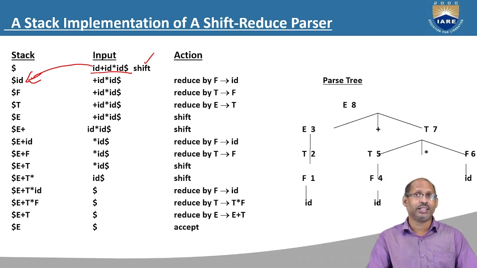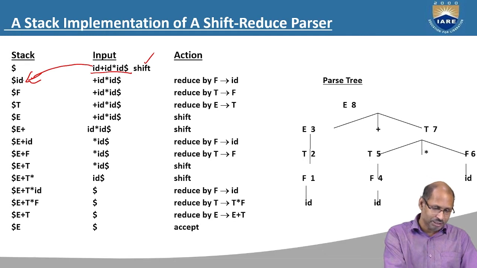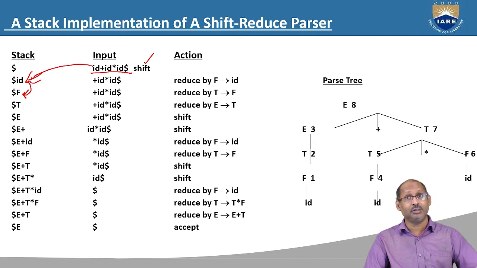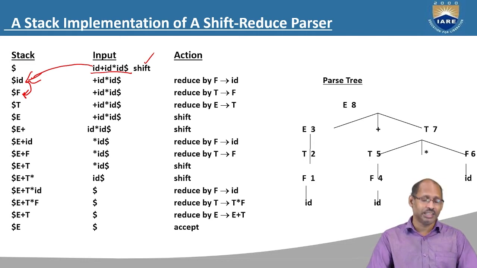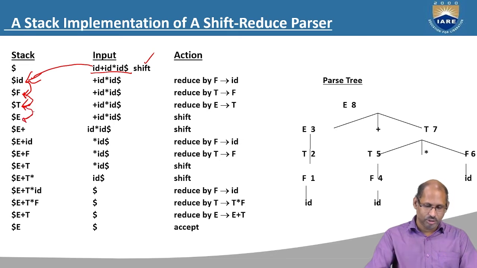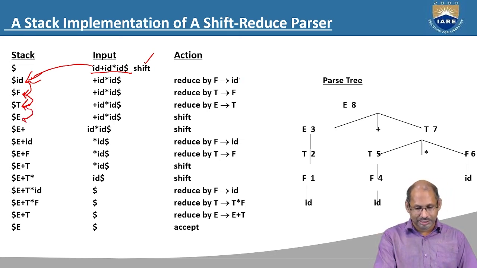Then check whether this ID matches any right side of a production, meaning find the handle. Replace this ID with non-terminal F. Then check whether this handle matches any right side of the production with T. Then T as E. So we are reducing these handles with respect to